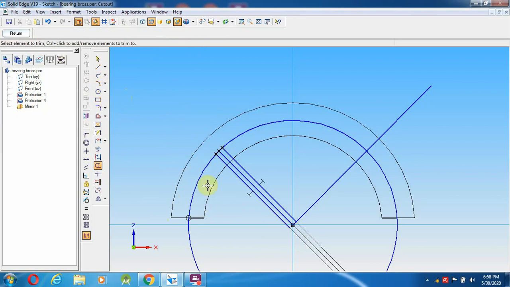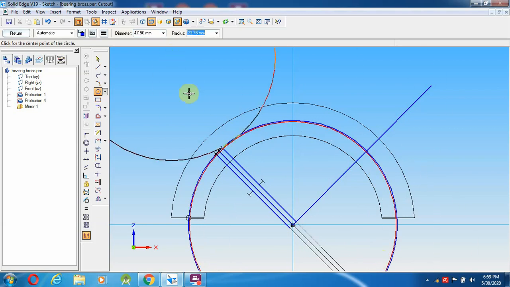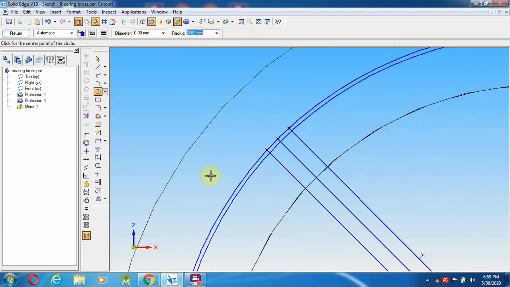So now another one, this will be the 0.5 mm deep. Okay, so again I'm going to select a circle. 0.5 mm deep means from here to the diameter of 47.5 mm. Okay, so go to zoom option, 47.5 mm.